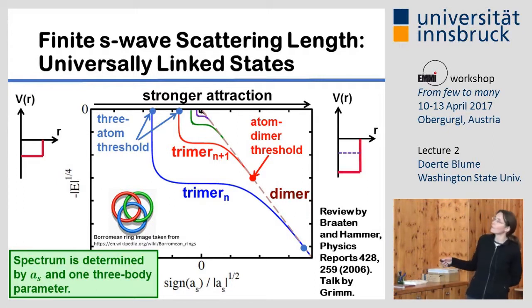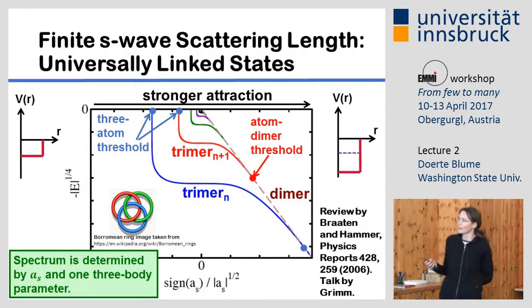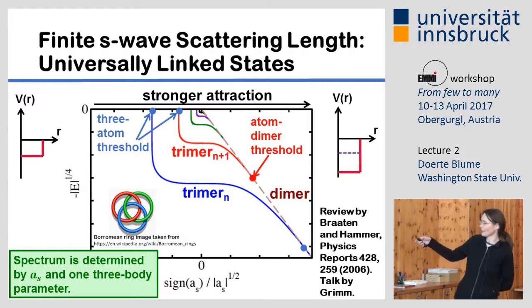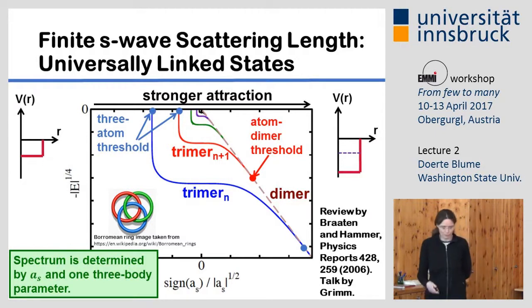And again, this is done in terms of the zero-range framework. And if you look at this spectrum long enough, you'll see that there are actually a couple of very unique features about this. So to think about this, I prefer to take a square well potential and say, as I go to the right, the attraction is becoming stronger, the potential is getting deeper. And what you see here is, as I go to the right, one after the other, I'm losing these trimers. These trimers are running into the atom-dimer threshold, and one after the other is disappearing, even though the potential is getting deeper,